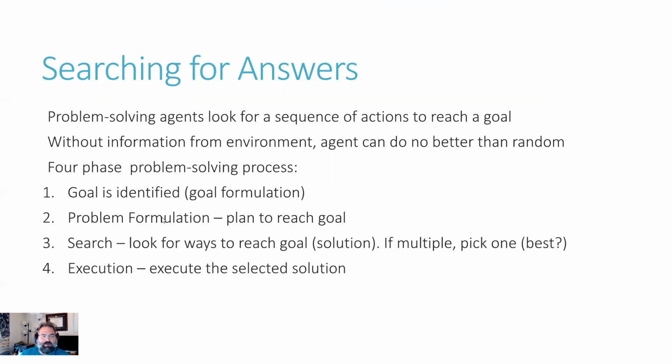So if you think about wanting to achieve something, maybe in your career, you identify the goal, you figure out a plan to get to the goal, you start figuring out what is the plan that might get you there, and then you start looking for ways to do it. So actually working on a more detailed plan. Maybe there's multiple paths to get there, and then you actually do it, right?